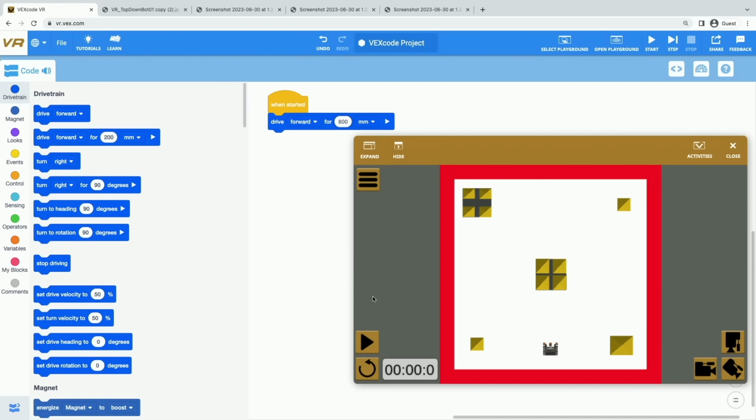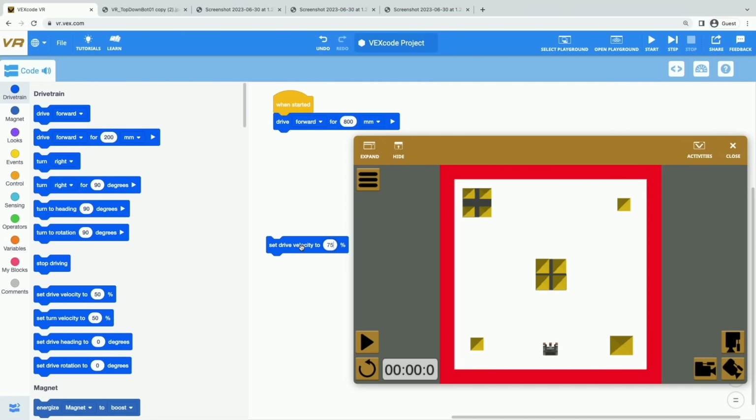We can change the velocity that our robot is traveling at with a block in our project. So if we look over here in our toolbox, where all of our blocks live, you'll see that there's this block that says set drive velocity. So I'm going to drag that over here into the workspace. So the drive velocity automatically is set at 50%. So that means it's going at about half the speed that it can. But we can make it go a little bit faster by increasing that number all the way up to anything up to 100%. So I'm going to set it to about 75% velocity, see if that makes it go a little faster.